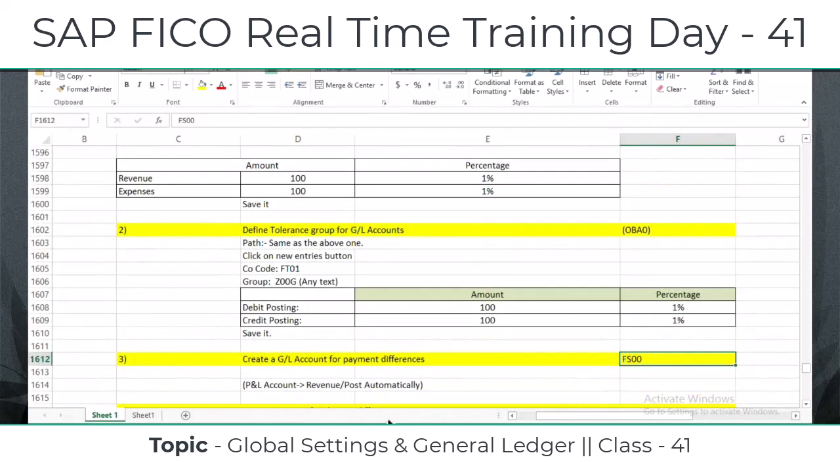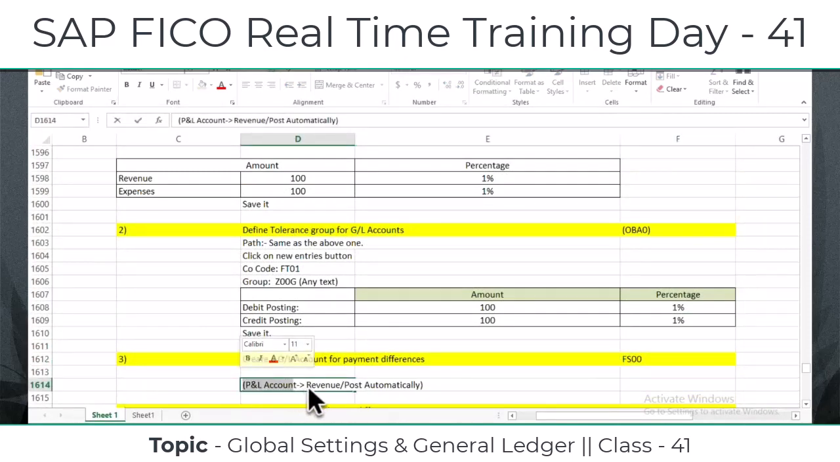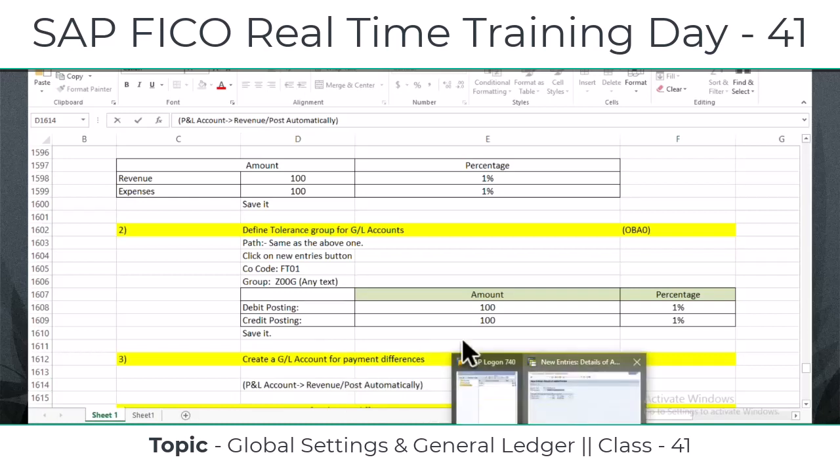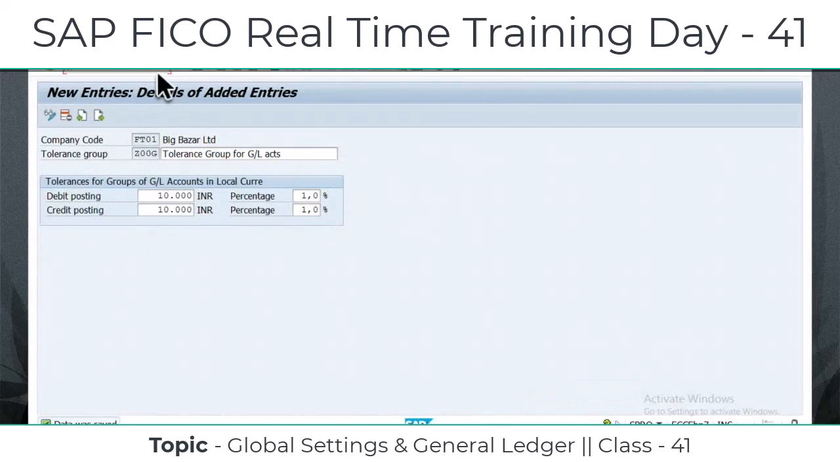T code FS00. Actually, it is a P&L account too. Under the revenue side or expense side, you can create it, and you can select the post automatic indicator. Remaining all settings are the same, whatever you know. Okay, very well. Now let's go to